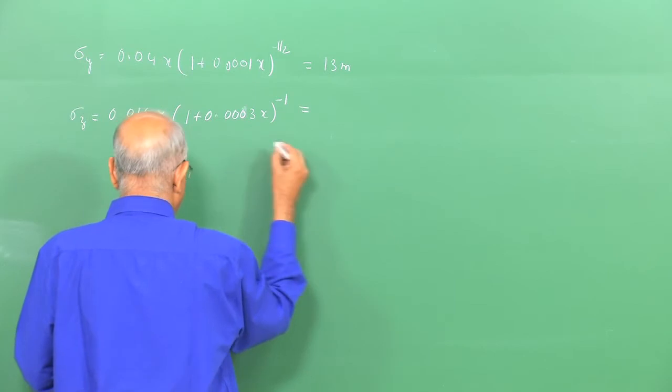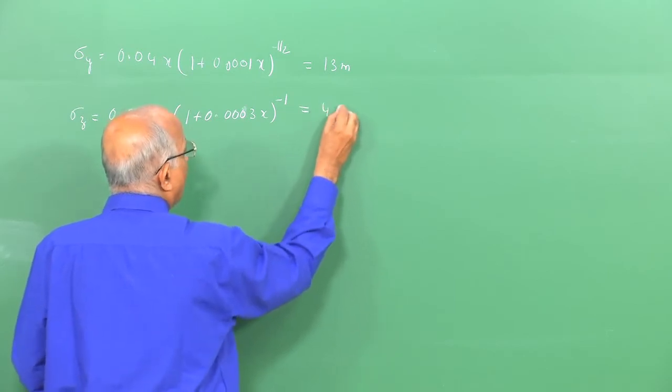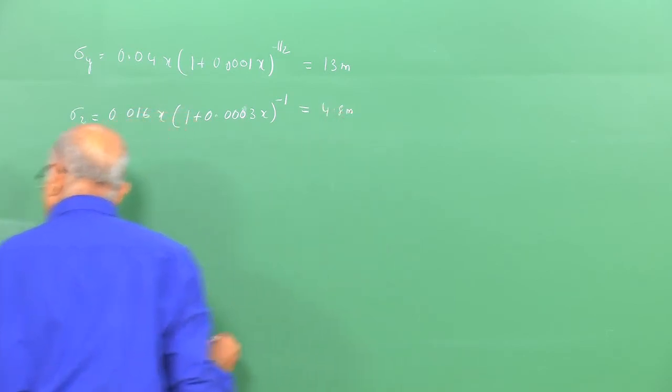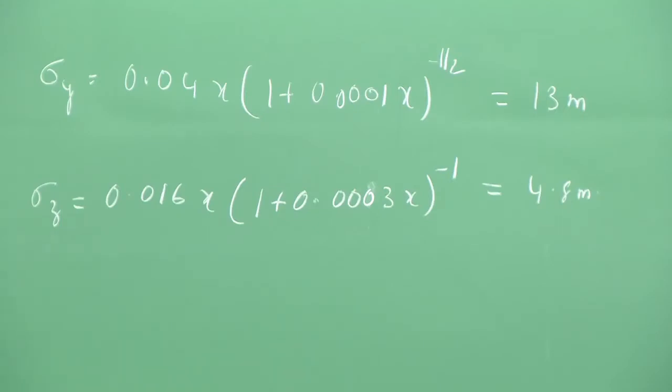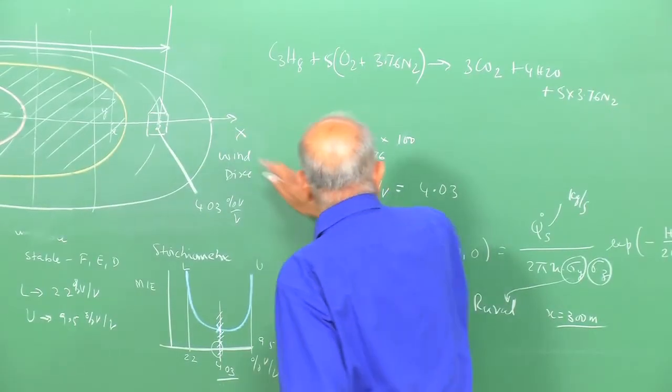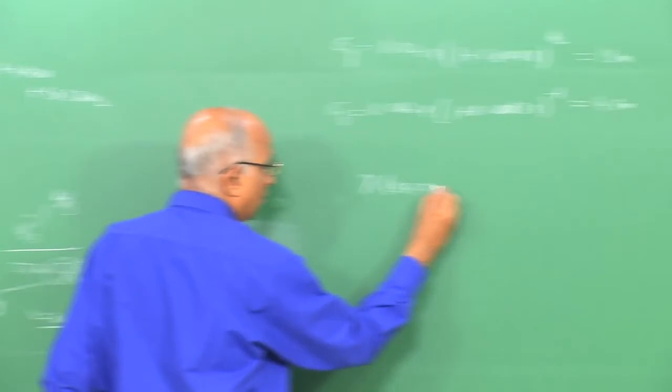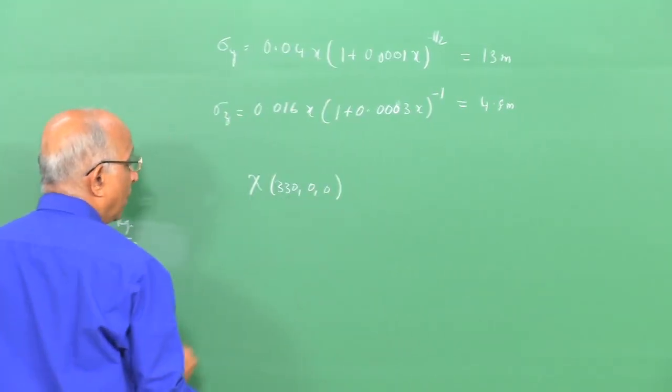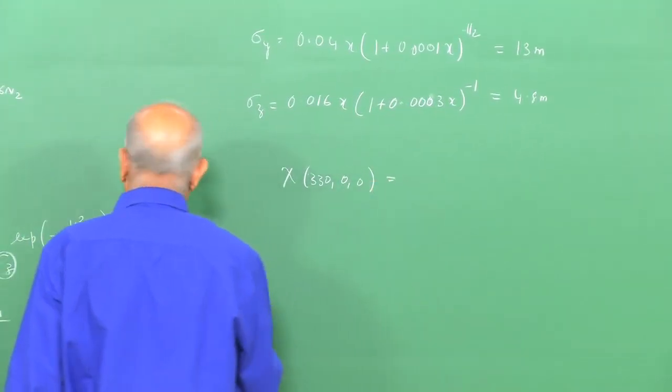The value of sigma z comes out to be 4.8 meters. Therefore, I am interested in the concentration at 330 meters away. Y is 0, that means I am not looking at the lateral, I am just looking along the wind direction. On the surface of the earth, Z is equal to 0,